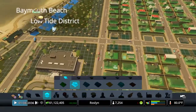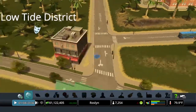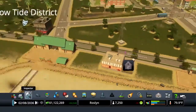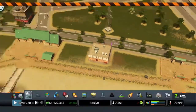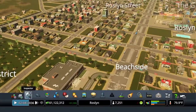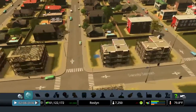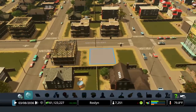Can't remember which side I'd like those to grow on. Oh, okay. This is cute. They're built into the hill there, that's fine. So these are popping right in. I'm gonna go ahead and historicize these so we don't end up with a bunch of talls. And this is really how I sort of like to use